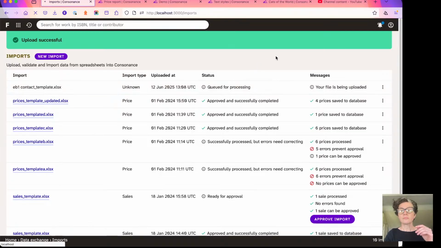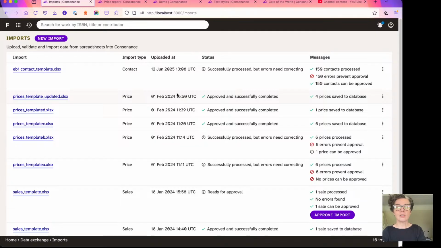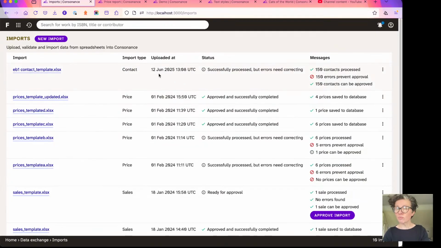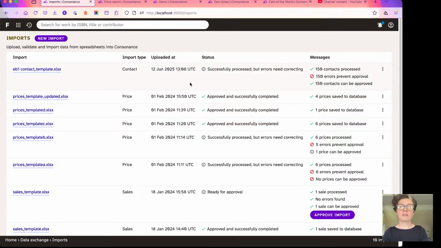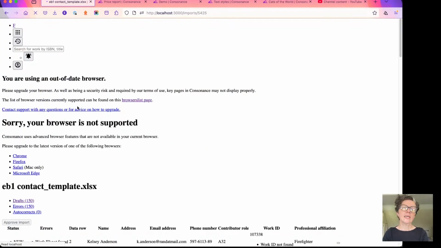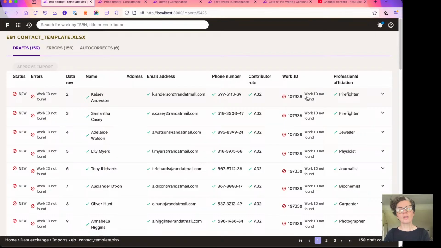And so once we've given it a chance to upload, we see that we've got a validation problem. So this is a great staging point in the process. Consonance is going to avoid there being any issues with adding data into the system that we know is problematic. So let's have a look to see what the problem is. We view import and we are told that the work ID is not found,